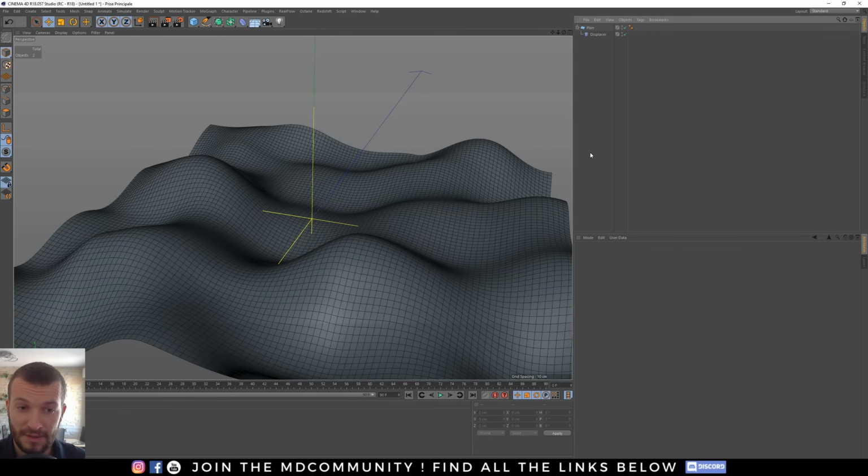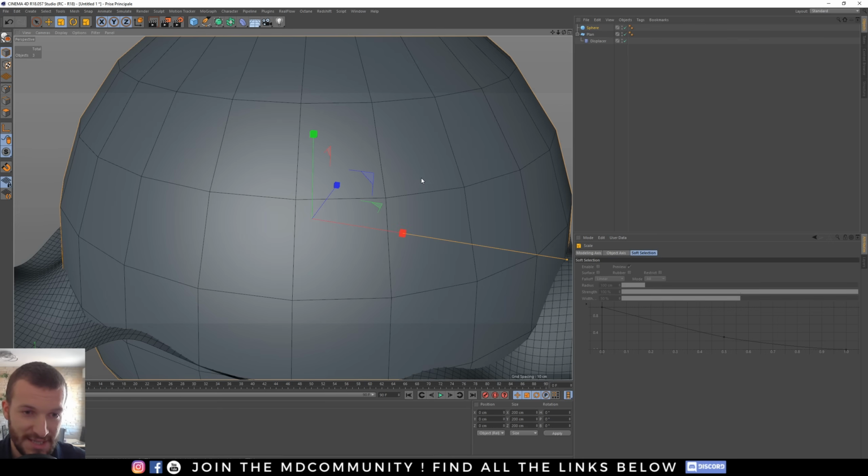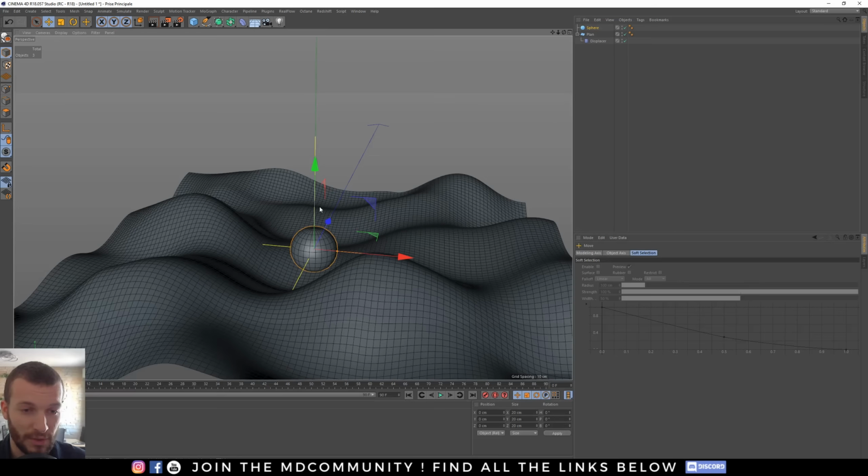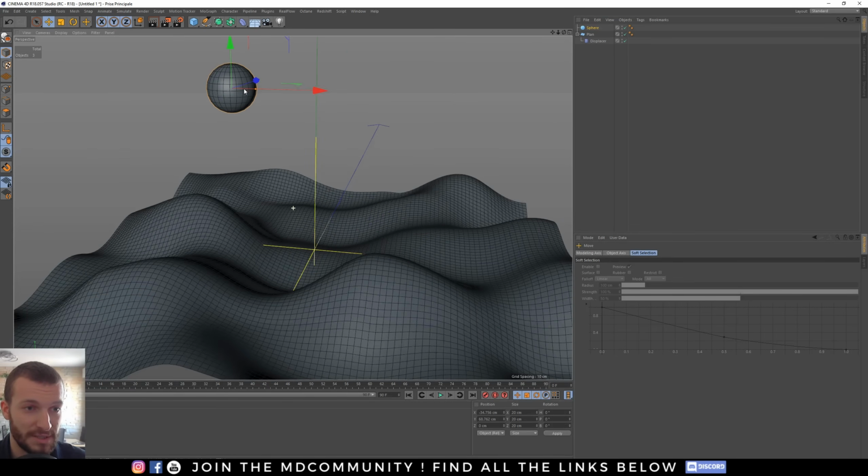Now I will create the main ball, the huge one, and I will apply some dynamics on it. So to create a sphere, you click here and you go on sphere. I will hit T and I click and drag in an empty space to decrease the size of my ball. I hit Shift to modify the scale by increments of 10. I will hit E to move my sphere and put it up.